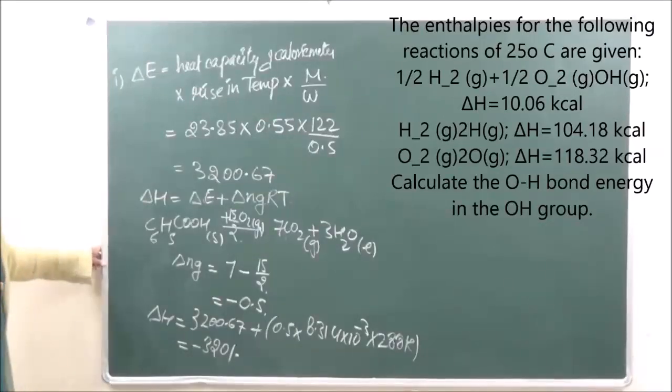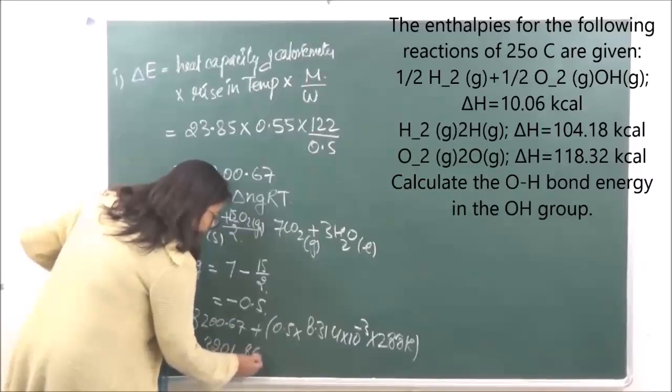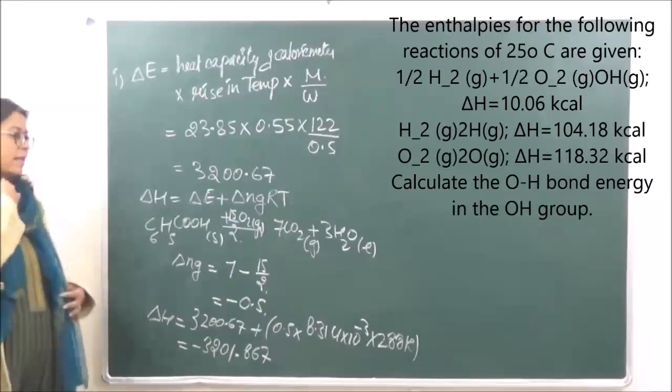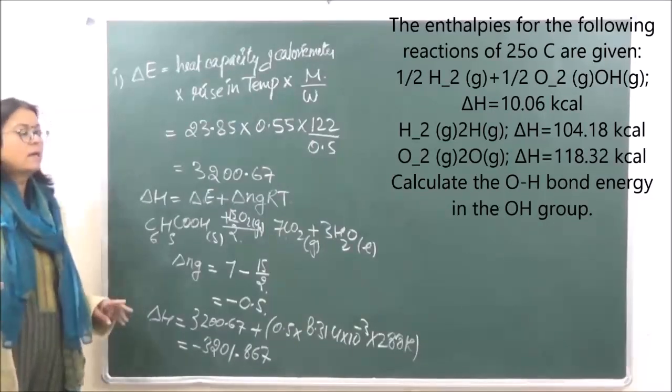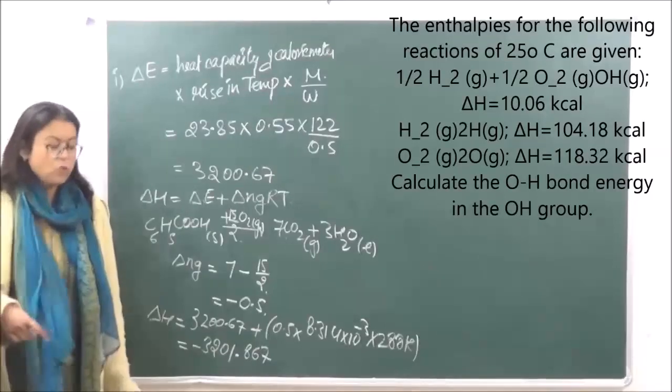Okay? So when you calculate this, it is coming to minus 3201.867 kilojoules per mole. Okay? Minus 3201.867 kilojoules. So this is how you were supposed to calculate